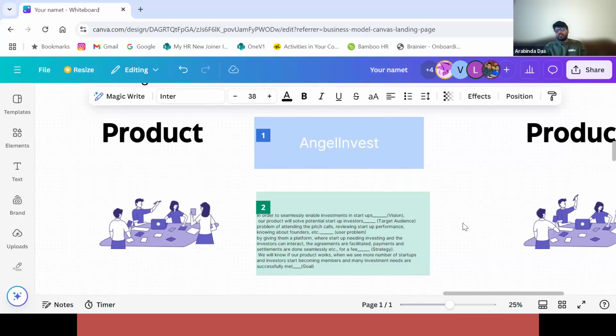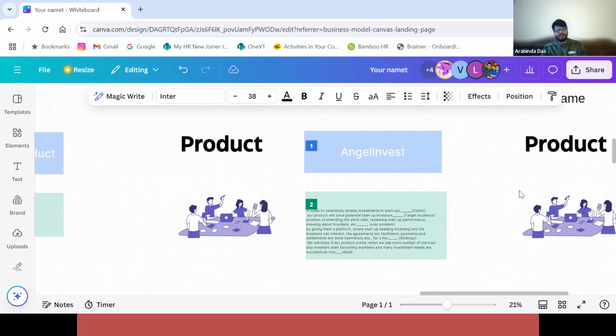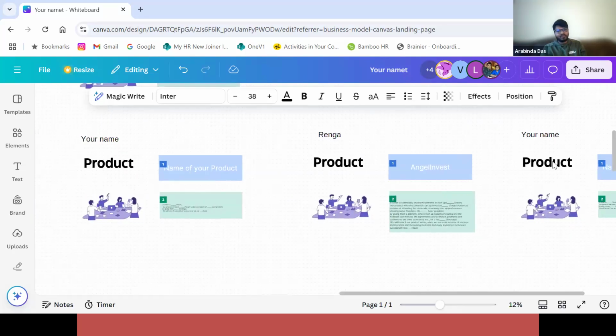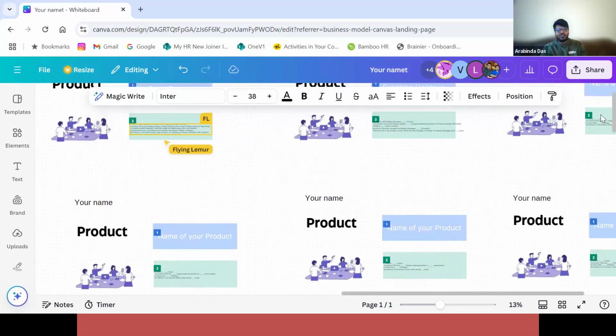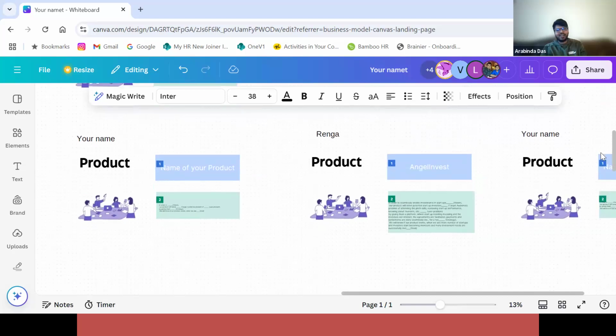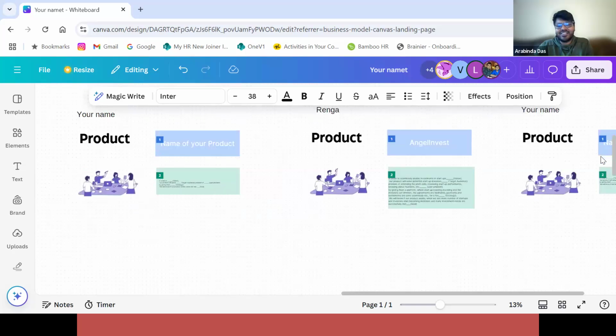Amazing. That's good for a starter. So any feedback on this product? Any feedback? Anyone? Guys, come on, you should have some feedback. You guys are business analysts. How can you just sit like you don't have any feedback? Do you have any feedback on Ringa's product definition? Do you think whatever he has presented is clear to you?